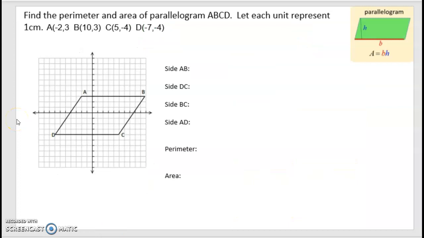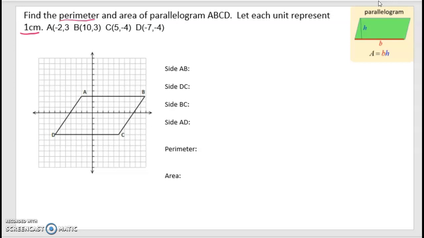Okay, so in this example, it wants us to find the perimeter and the area of the parallelogram. So I went ahead and I copied over the picture for the area of a parallelogram, so it's the base times the height. So we're going to let each unit represent 1 centimeter. And the reason that I put that there is because that's going to help us when we're determining what the units are. So anytime you have a straight vertical or straight horizontal side like AB, you can just go ahead